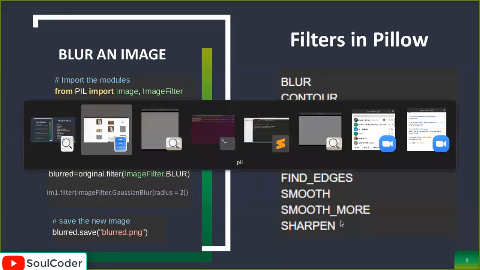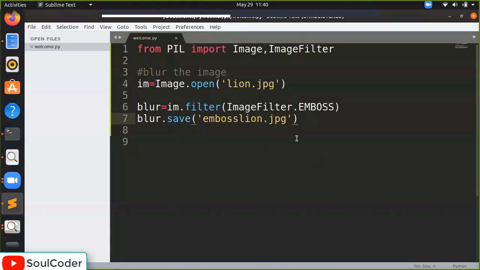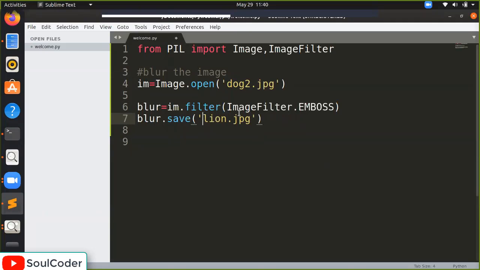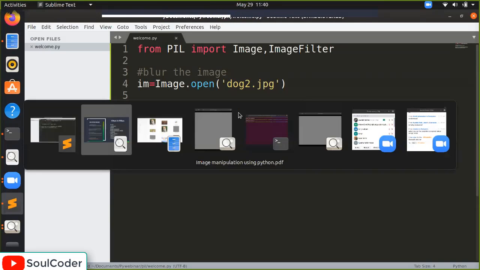Let's see. We'll work for dog 2. It is smooth dog. Smooth. Let's try it.